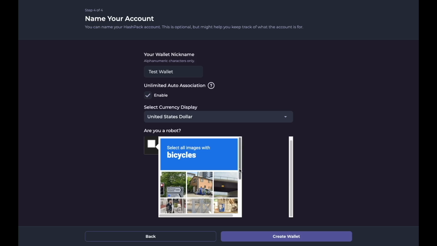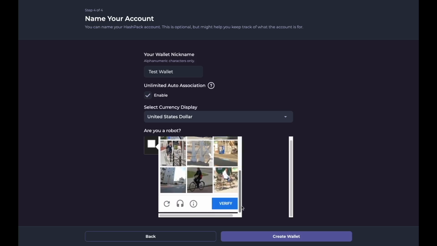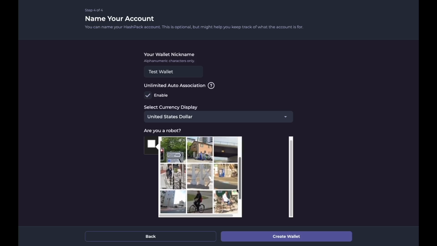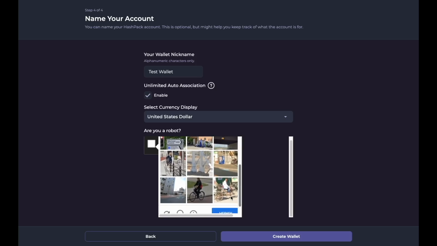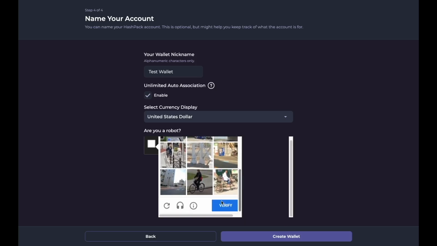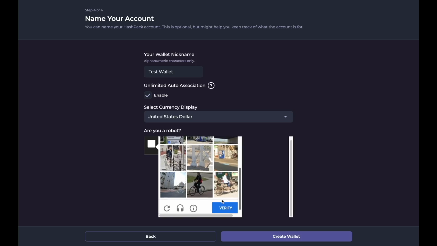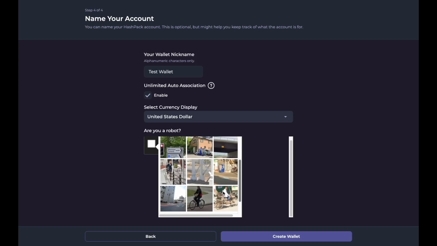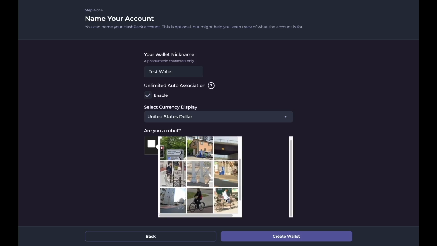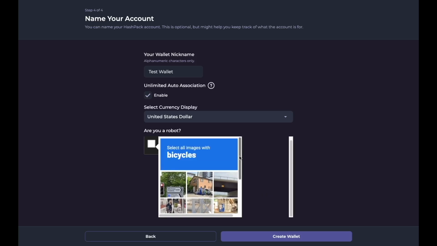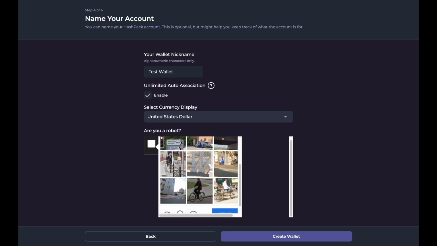But the problem is when you start to interact with these things, they could send you to websites that have malware links, and before you know it, they're downloading your seed phrase, and then they're draining your accounts. So guys, be careful. Now I'm just going to confirm here that I'm not a robot. So I need to click all the bicycles here.